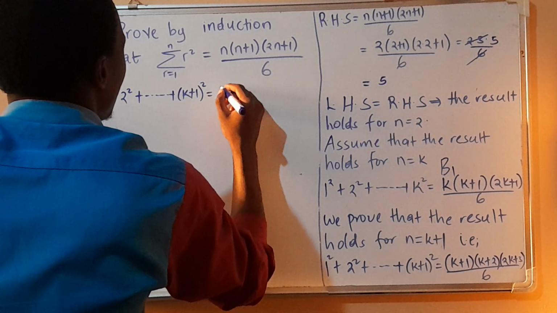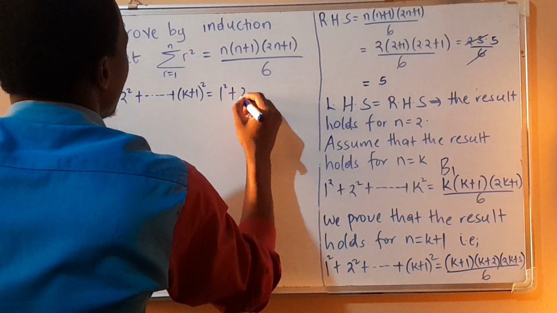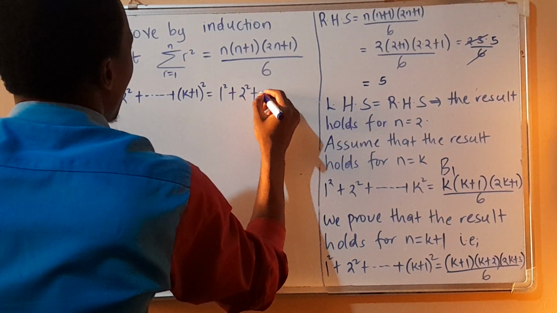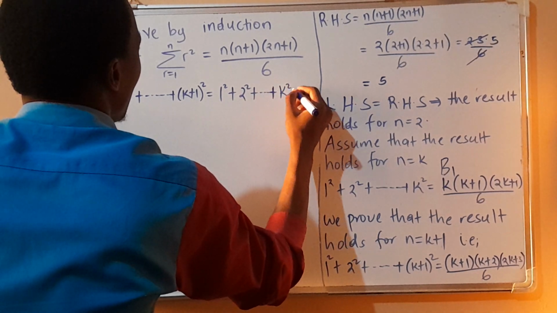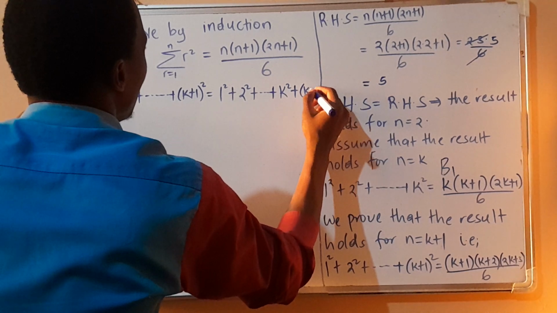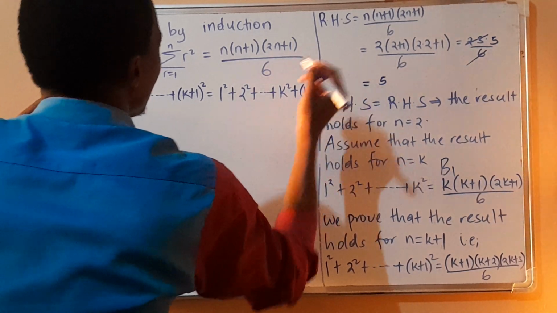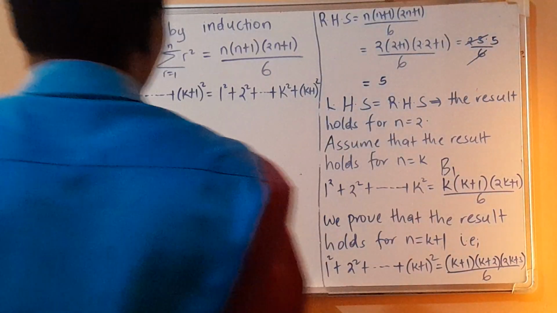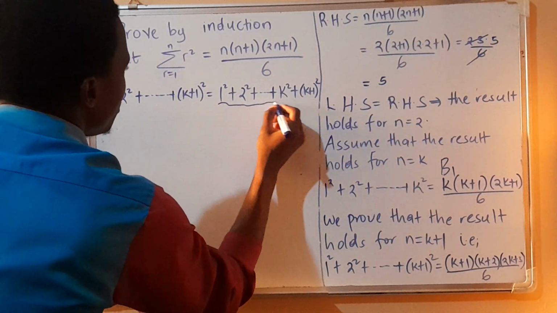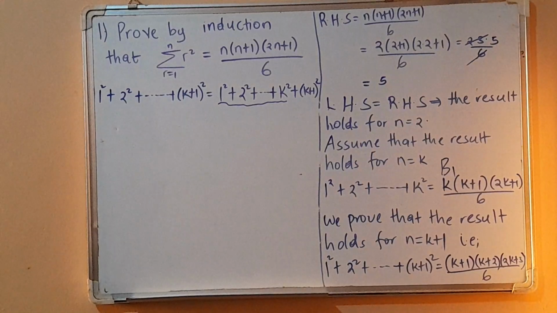This is the same as 1 squared plus 2 squared plus ... k squared plus k plus 1 squared. Now we can substitute this because we know that